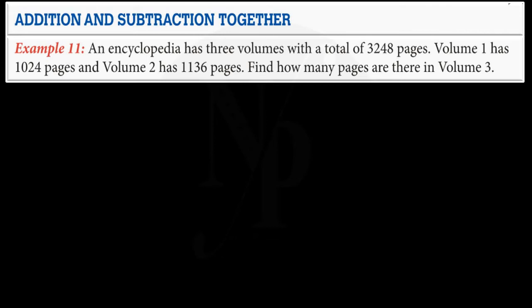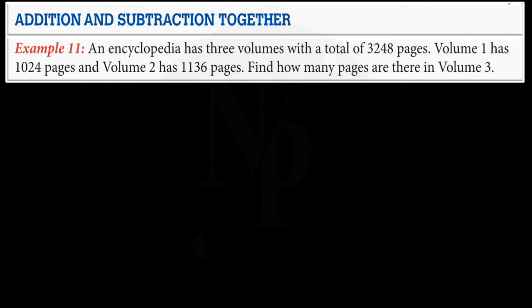In this example also we have such an encyclopedia which has 3 volumes, that is volume 1, volume 2 and volume 3. So the total number of pages in that encyclopedia, that means including all the 3 volumes, the total